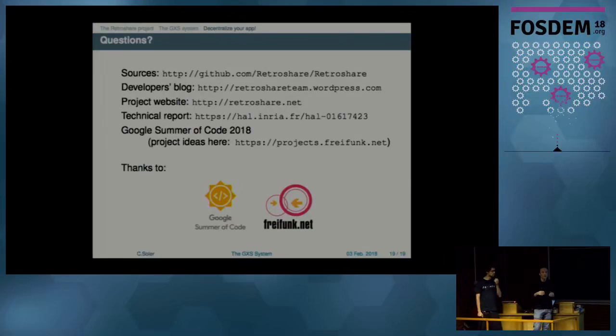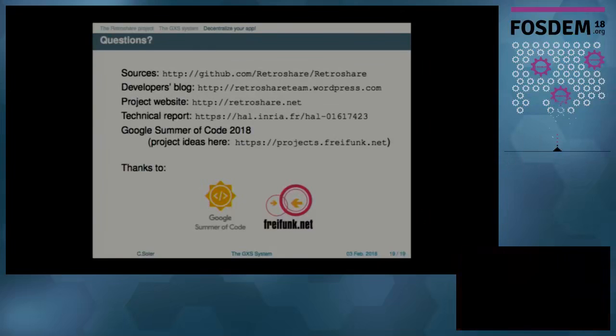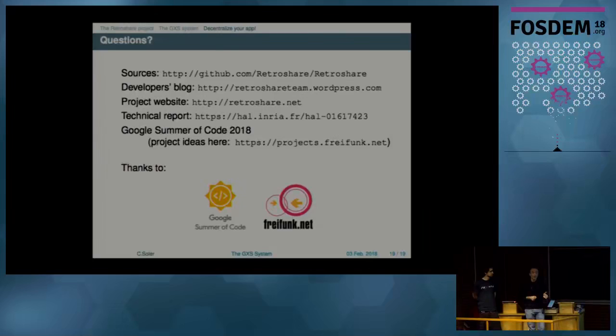The most visible network is when you enable the discovery system, which advertises your friends to your own friends, in case they might want to make friends with them. But you can disable that. If you disable that, your friends will not see whatever is beyond your own node. Then you might also want to hide your IP address from your own friends, because you have a connection to them so they can see it. If you want to do so, then you can use a hidden node, which works over Tor, and then you only see connections to the localhost proxy, and your friends don't even know where you are and who you are.